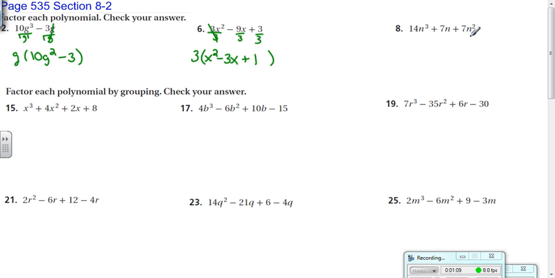Then between 14, 7, and 7, my greatest common factor is 7. They all have an n in common. The lowest exponent on any of the n's is n to the first, so I can actually pull out a 7n. So if I divide each one of these by a 7n,